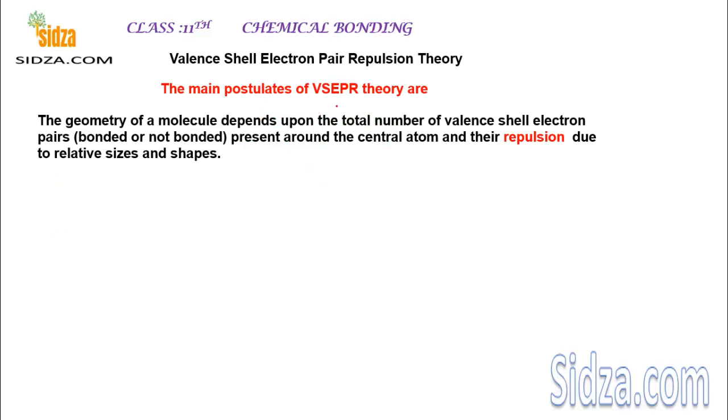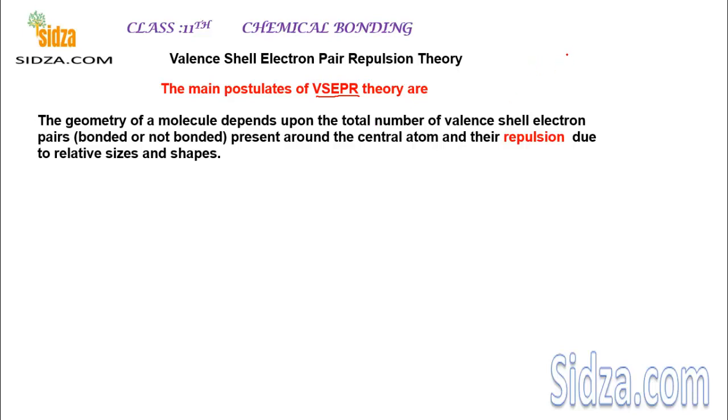This theory, in short, we call the VSEPR theory, valence shell electron pair repulsion theory. To understand how to determine the shape of a molecule, first of all we have to find the total number of electron pairs around the central atom in a molecule, right? That is the main point of this VSEPR theory. According to this theory, if you want to determine the shape of a molecule,